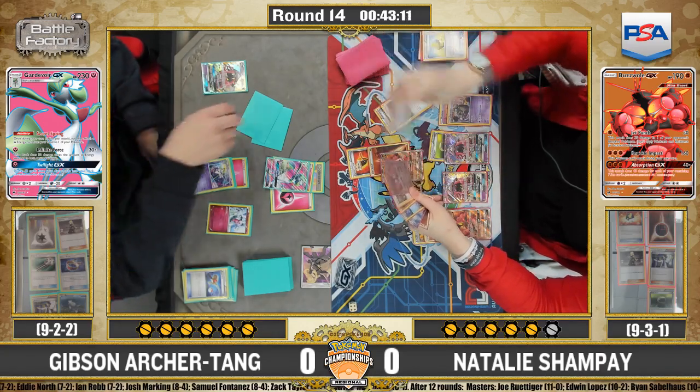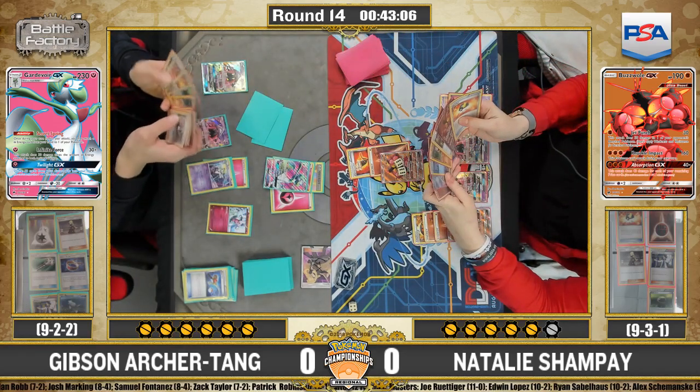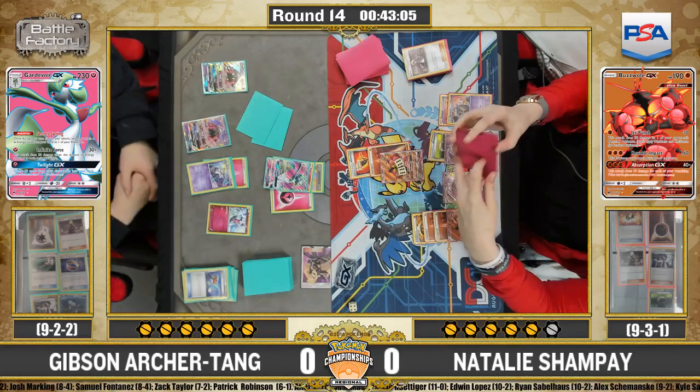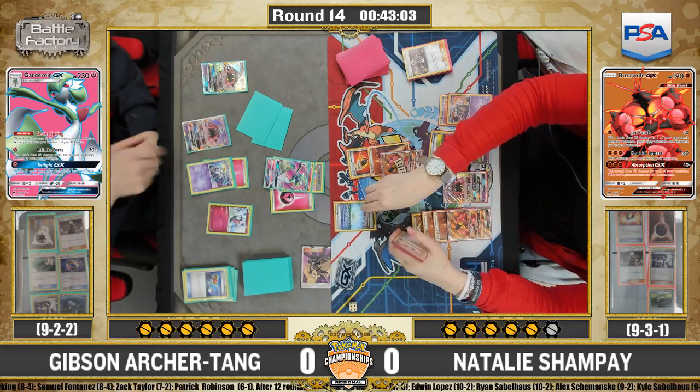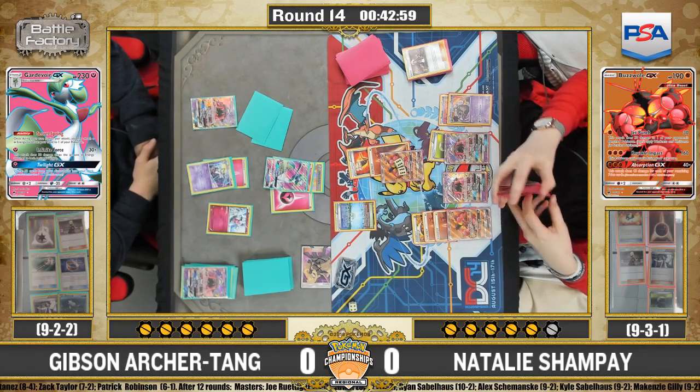She does have to dump a couple of resources there. I don't know if it was 1 or 2 Guzmas. It just went 2 Guzmas into the discard pile from that. Yeah. It's definitely not ideal. She does play 4 copies of the card, so it's not the worst thing ever, but...